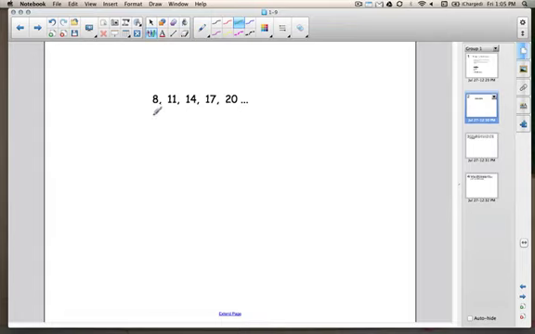So in other words, from 8 to 11, we are adding 3. And from 11 to 14, we're adding 3. And from 14 to 17, you add 3. And from 17 to 20, you add 3. So this is known as an arithmetic sequence because we're adding the same number, in this case 3, every single time to this sequence. Each one of these individual numbers, 8, 11, 14, 17, and 20, those are known as